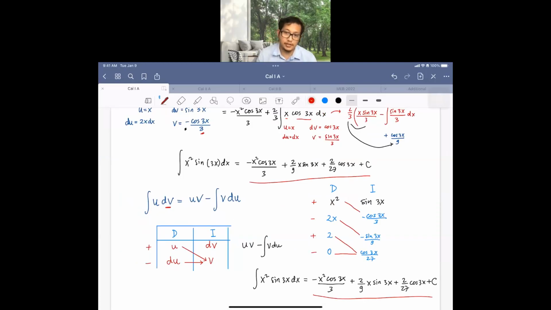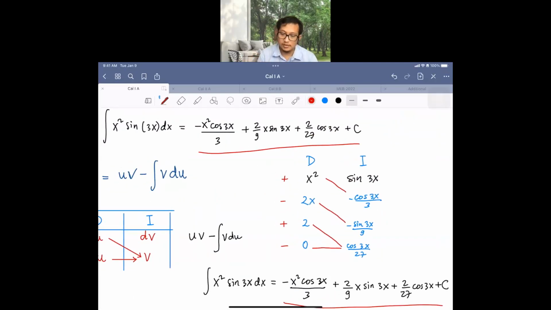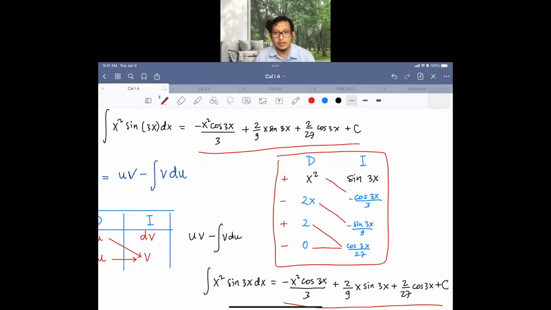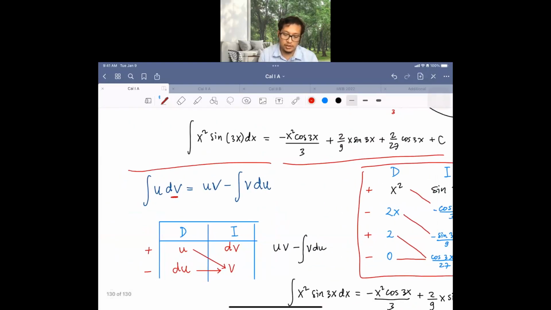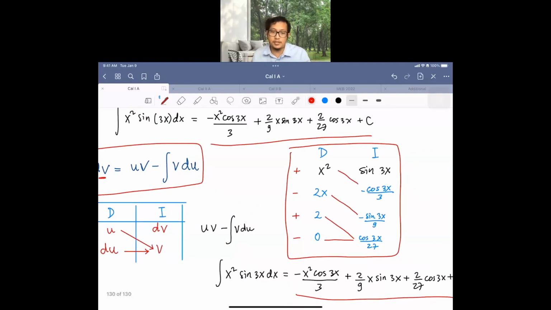Okay, if you feel this DI table can help you, then you can use it easily. But if not, you can just stick to the old one, taking it one by one: uv minus the integral of v du. Actually, this DI table is the same thing as integration by parts with some modifications,